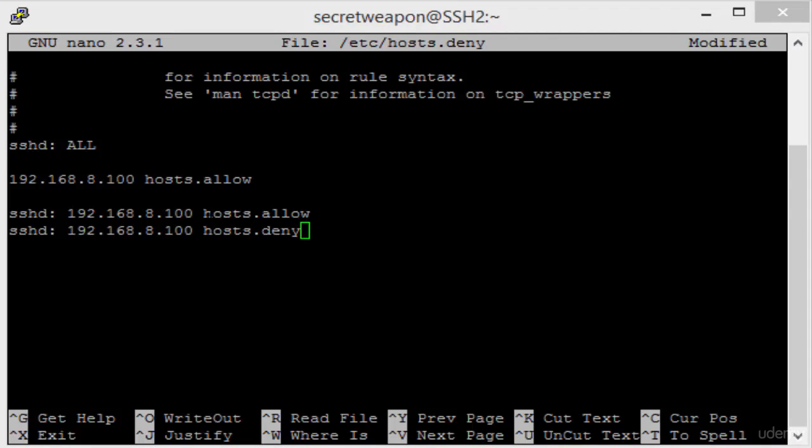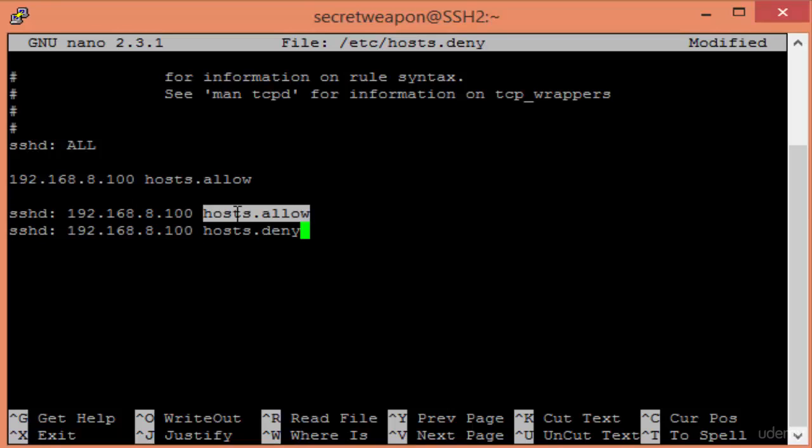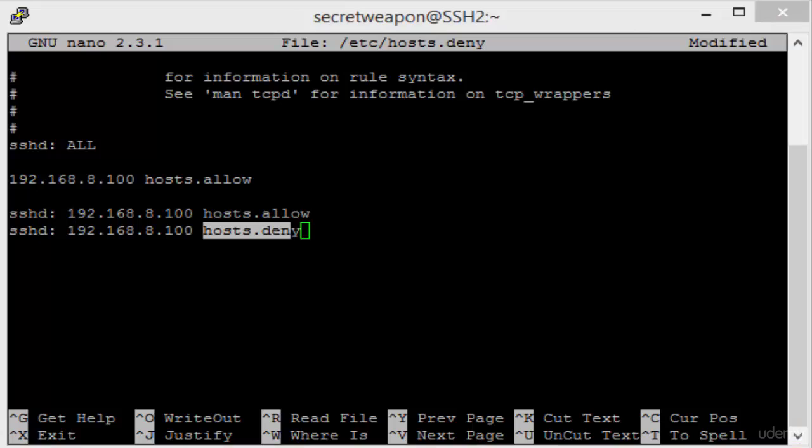So the rule inside hosts.allow allows access to SSH service from 192.168.8.100, and the rule inside hosts.deny denies access to the same IP, which is 192.168.8.100. So we have two opposite rules here, as we allow and deny access to SSH service from the same